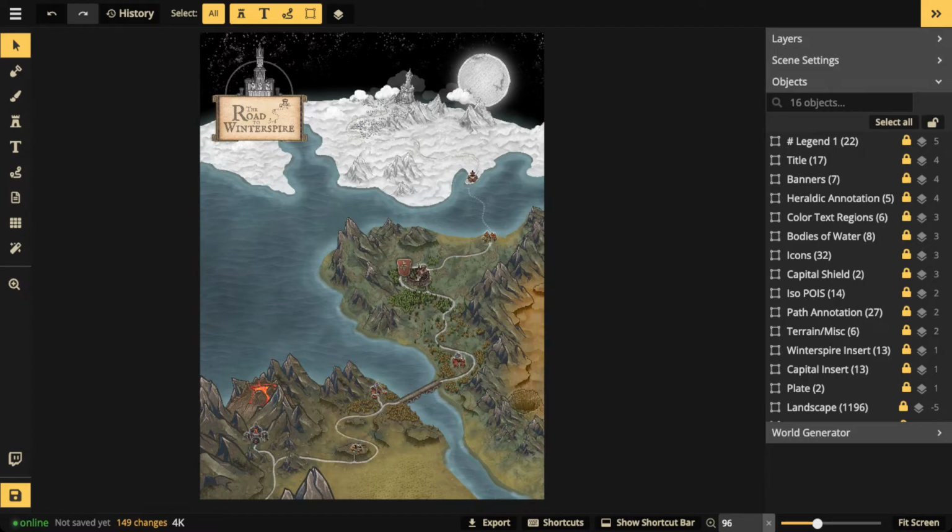There are so many different ways to go about doing it. Oh, I've got a question here: how do you decide whether to use dot POIs or little towns for POIs? The way that I decide, and I mentioned this earlier, but I'll mention it again because it is really important,